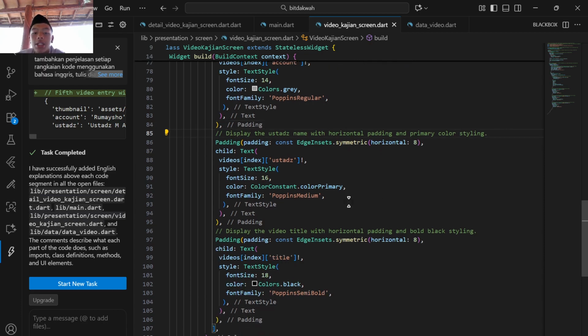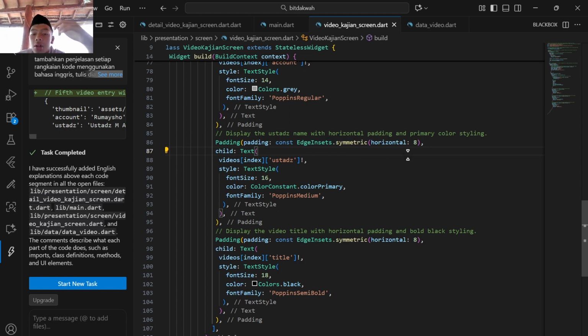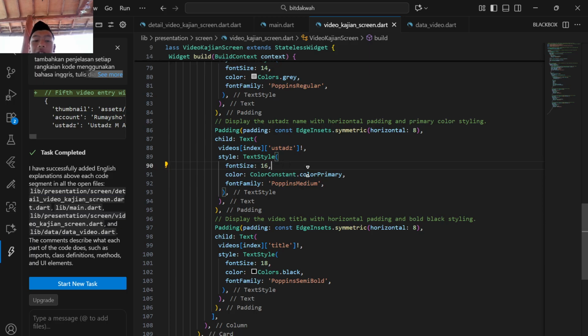And here on Discord is for displaying the usernames horizontally, with the padding and the primary color style. I use the ustad name with horizontal padding, so the text is horizontal. And you can see here there is the text style. I use a font size of 16, and the color is the color constants color primary,